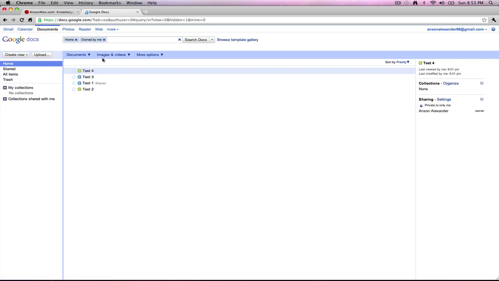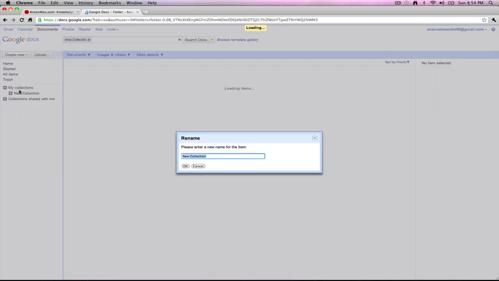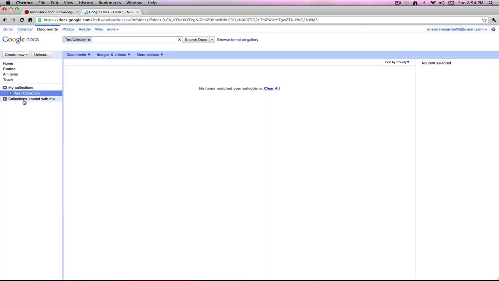Let's look at how we could maybe personalize the sorting a little bit and create a collection. To do that, I'm going to go back over here to the Create New dropdown, and I'm going to go ahead and click on Collection. When I do that, you'll see that a box pops up, and I can now enter a name for that collection. I'm going to call it Test Collection, and I'm going to hit OK. When I do that, you'll see that I now have a tab over here labeled Test Collection, and there's nothing